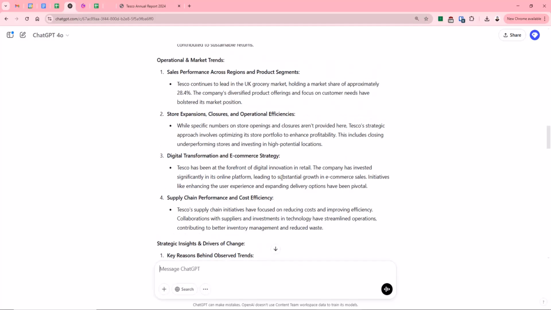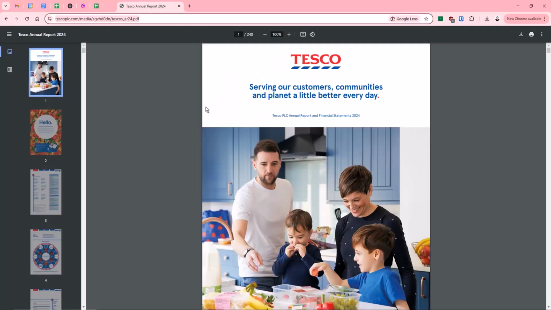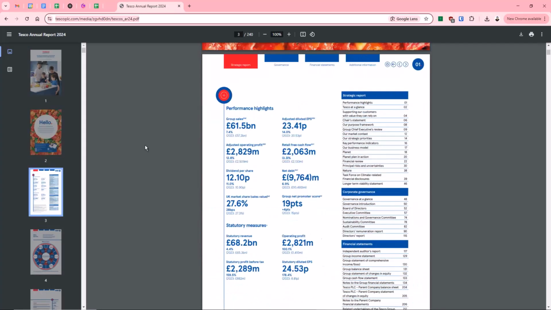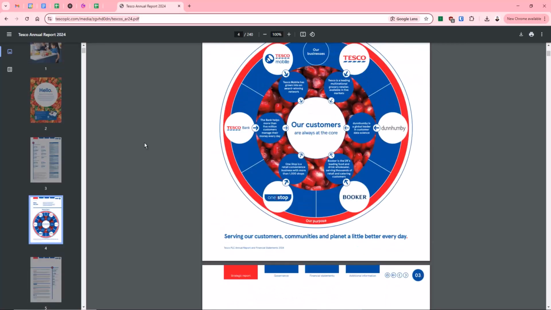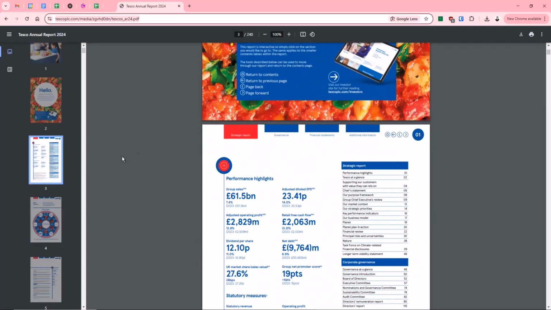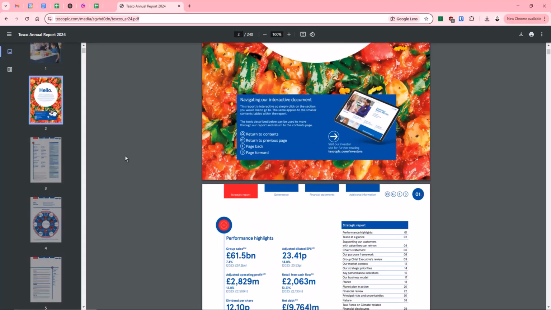All very, very quick, very, very easy to do, and saves us having to read through 200 odd pages of information. And also it does a lot of the cross-referencing for us as well. So whereas we might find information on page 117, it actually then also relates to further information on page 139. But of course the AI is doing all of that for us. And again, you could do all this yourself. AI is not going to do your job for you, but it's a very, very useful tool to help us to do our job more efficiently.